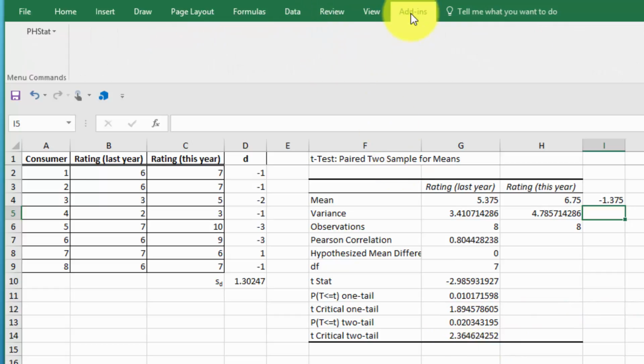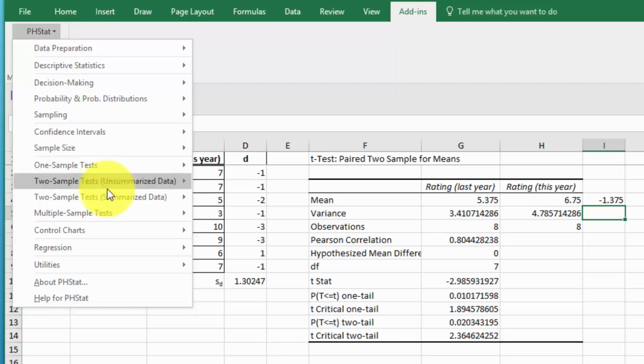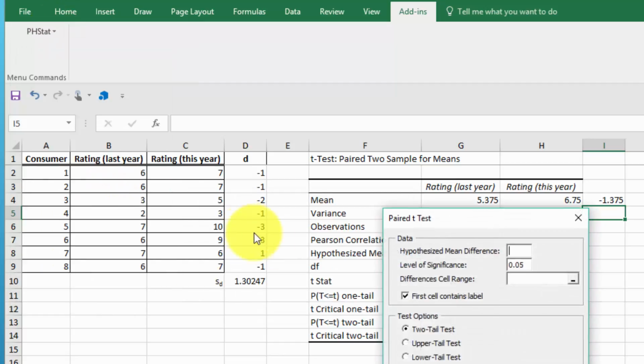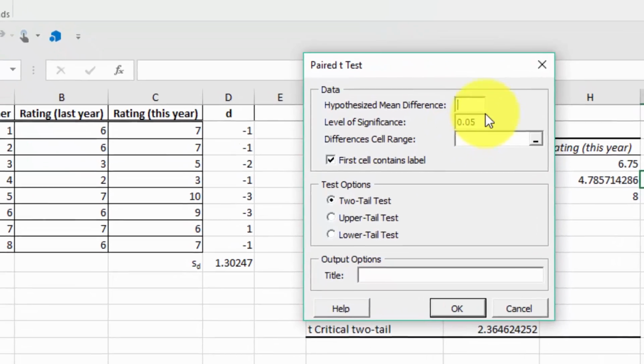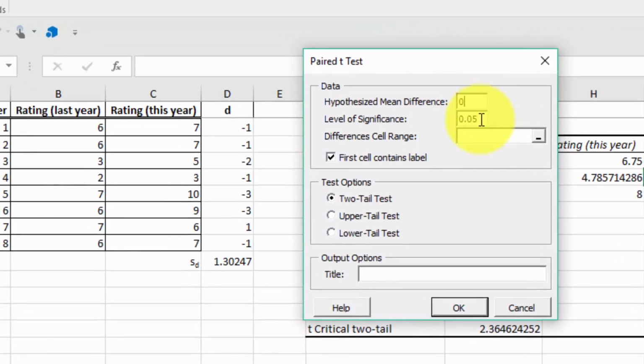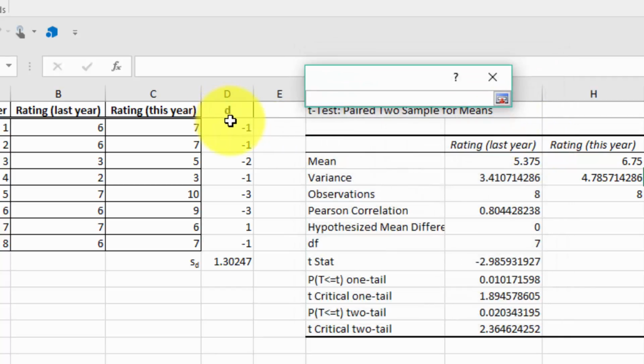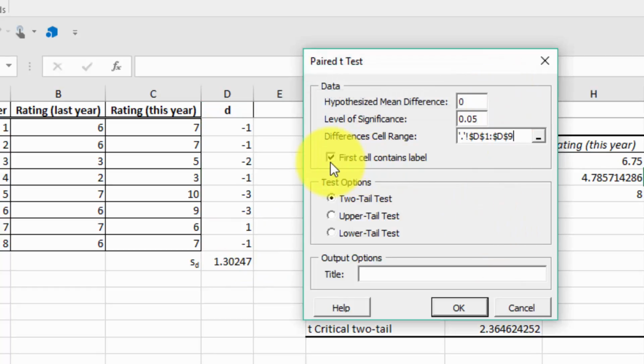If you've got PHStat, which I encourage people to get, we just click on the add-ins, click on PHStat, two samples, paired t, and we get this dialog box. And again, we've got to put in our 0 mean difference. Our level of significance was 0.05. We need the differences cell range, so we click on that little box there, and I want to go ahead and highlight those. Click on the arrow to insert that. Double check that the first cell contains the label, which it did. This is a two-tail test, and I'm going to leave the title blank. We click on OK,